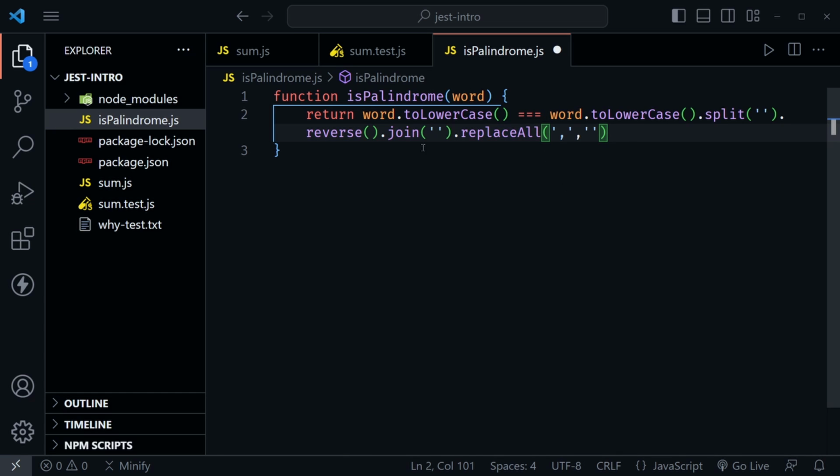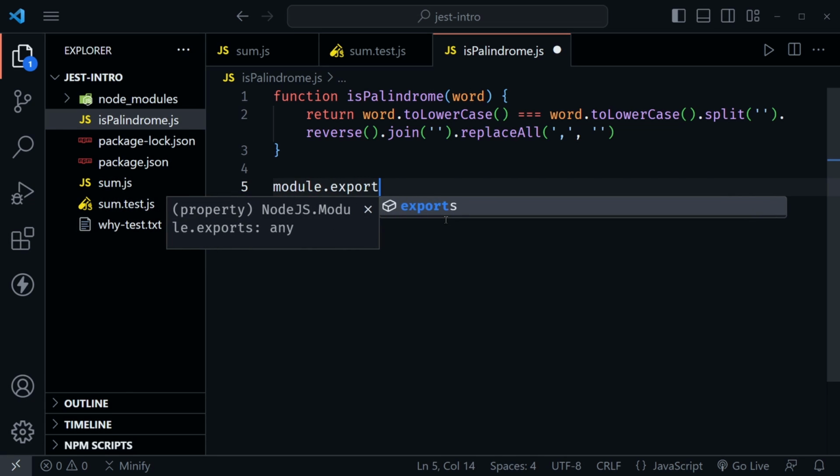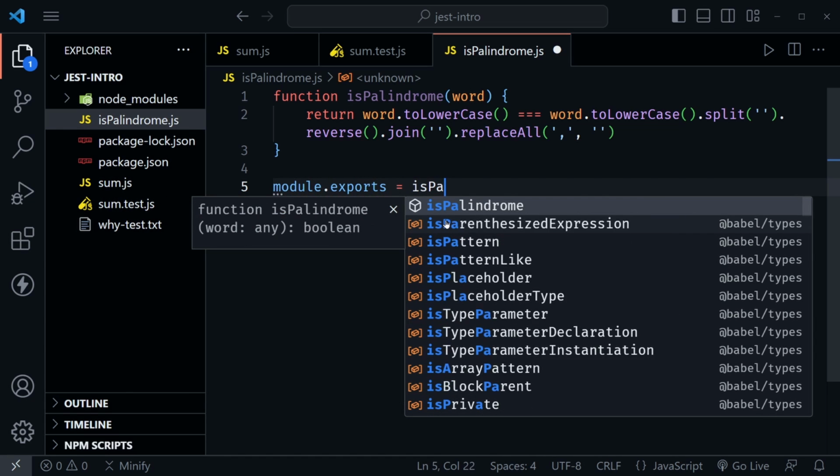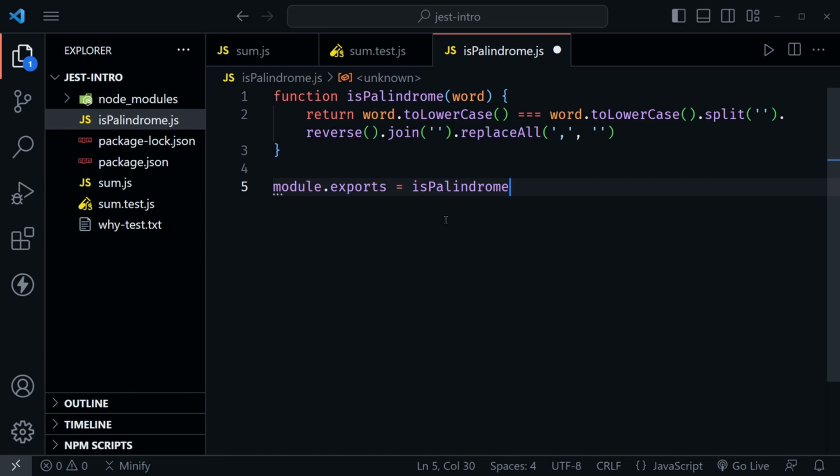So what we talked about before, where a function should only do one thing, I'm really doing 2 things here, and we'll come back to that. But I just want to write this function in this style first, and we'll save this. And remember then, we also need to say module.exports equals isPalindrome, so we can export this and then test